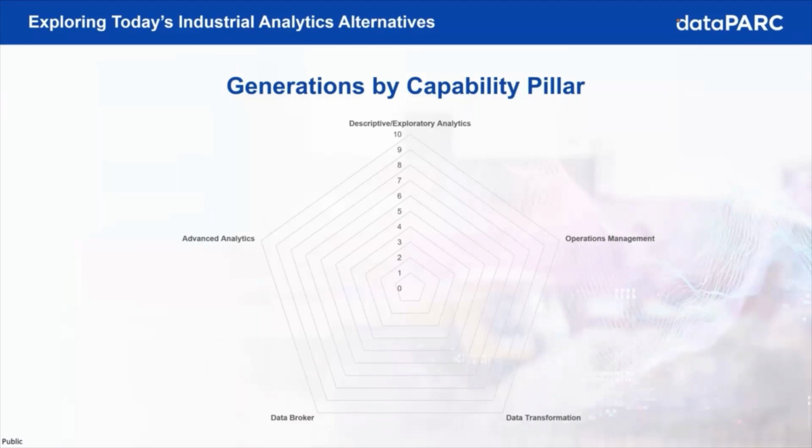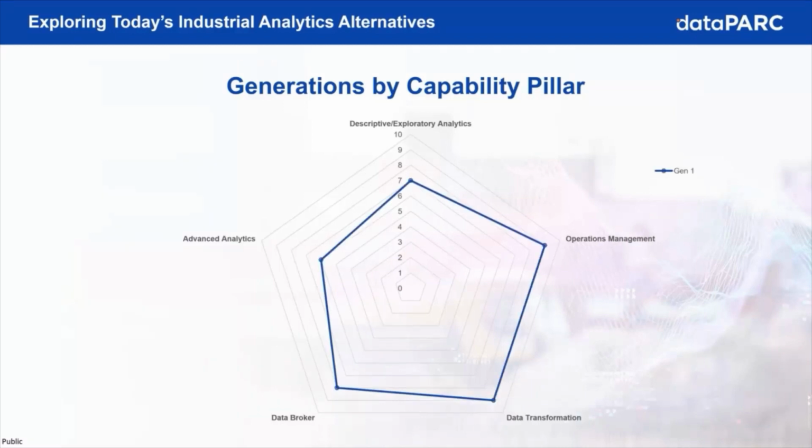And lastly, as we keep moving clockwise here, the advanced analytics piece, which is that Gen 2, Gen 3 focus for AI ML. So now if we overlay the various generations, first look at Gen 1. You can see Gen 1 touches on all layers of the pillars, but with more of a focus on the data and operations side, getting a bit into the descriptive and exploratory analytics, but advanced analytics, being early on, doesn't reach quite as far there.